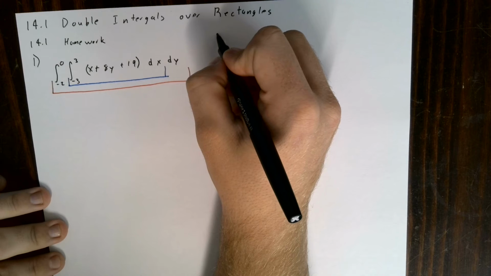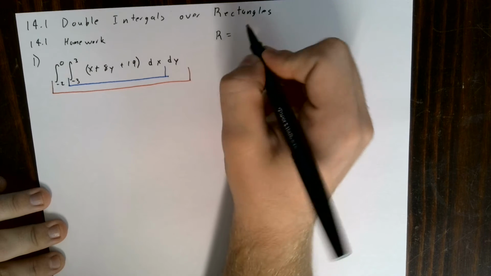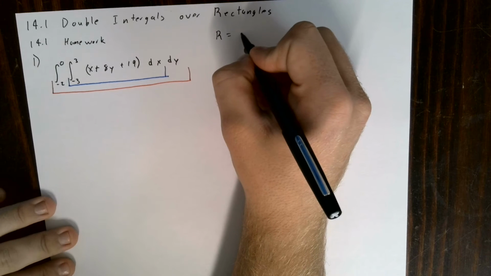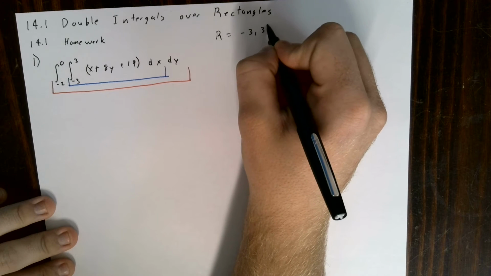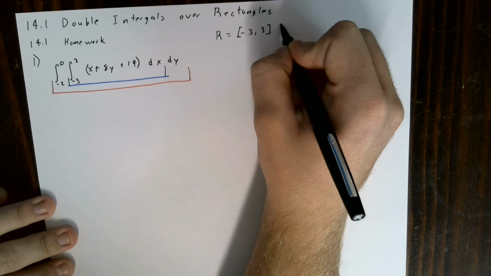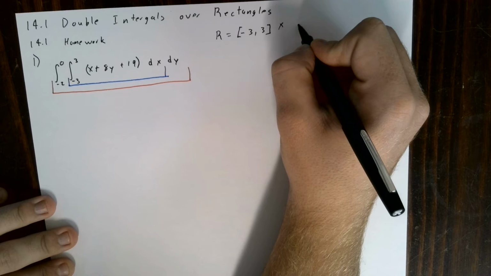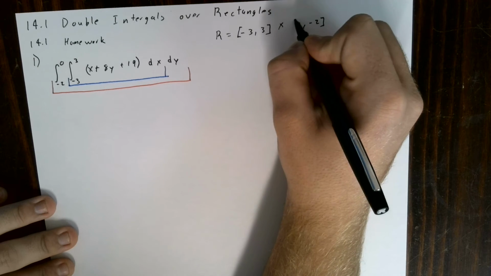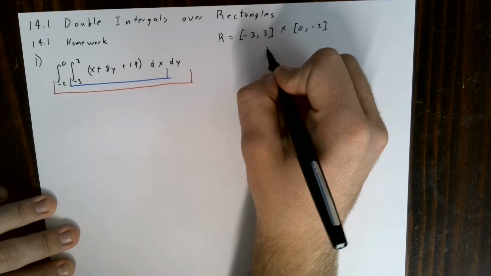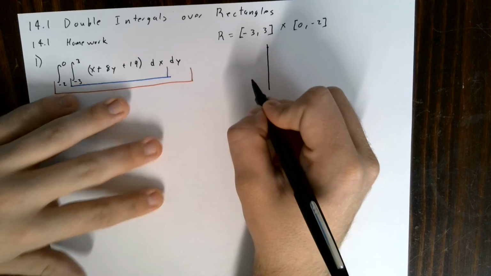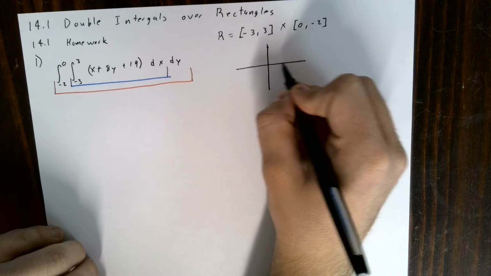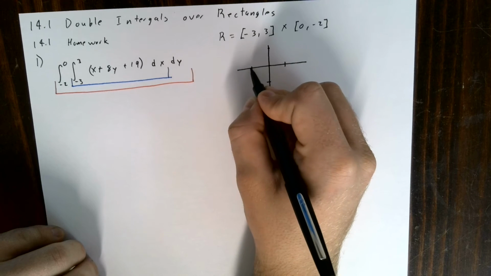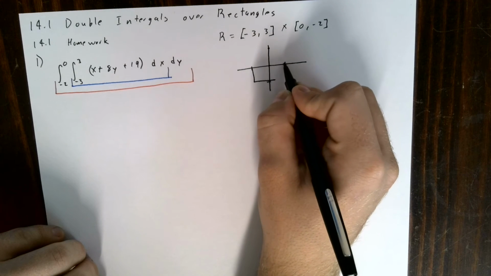It's kind of important to note that the rectangle here, R, is actually -3 to 3, your x values, and then this would be your y values of 0 to -2. Kind of look at that straight up and down. You have your xy plane, and it goes from 3 to -3, and from 0 to -2. The rectangle is something like this,